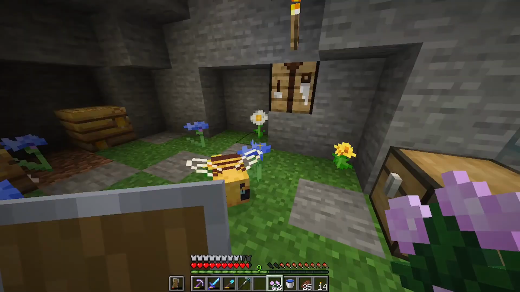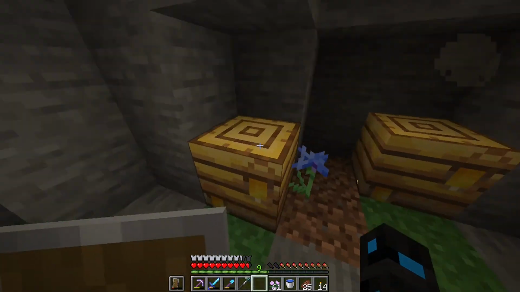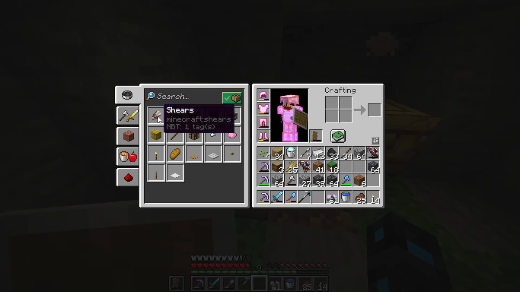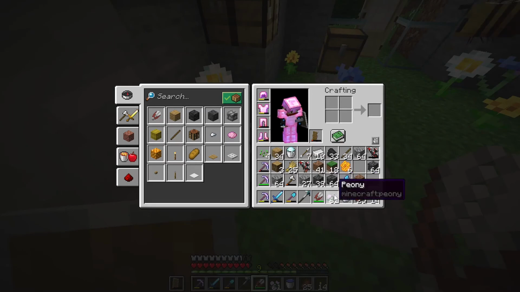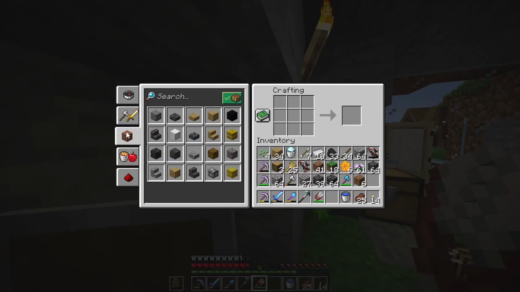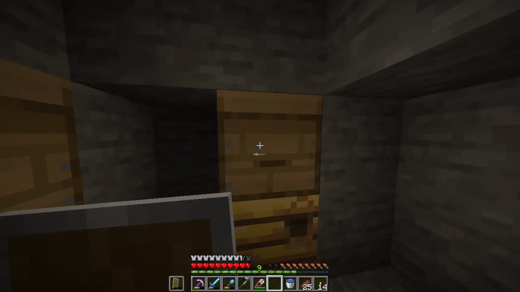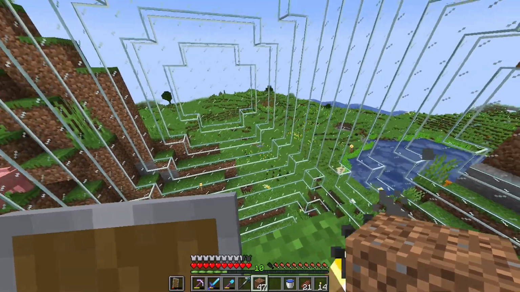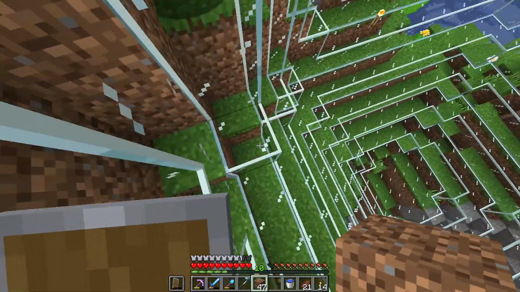Oh, 2 bees. That means I can make infinite bees. So many bees. And I realized I needed to put some campfires under the beehive so that I could shear them and get the honeycomb so that I could then build one of, where are they? One of these things, or 2 of these things. There. And while those guys do their thing, we are going to get into some technical